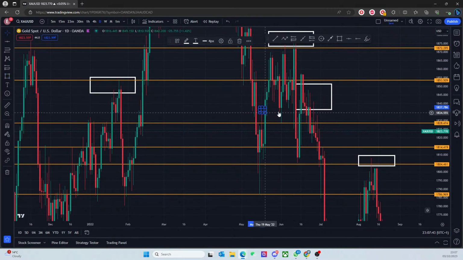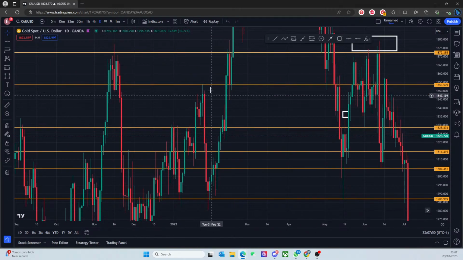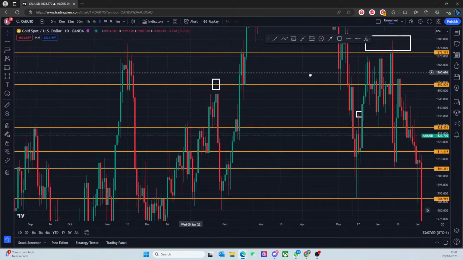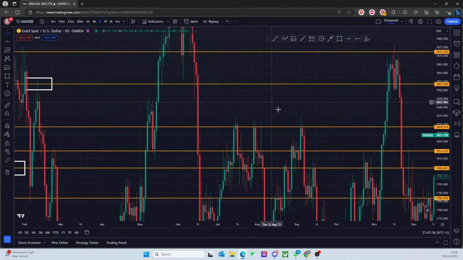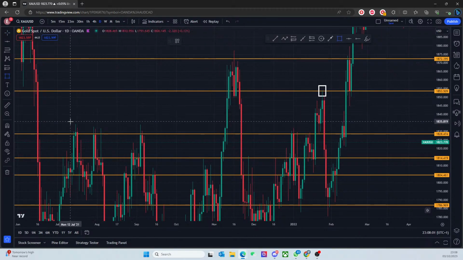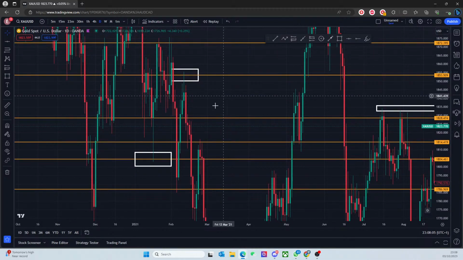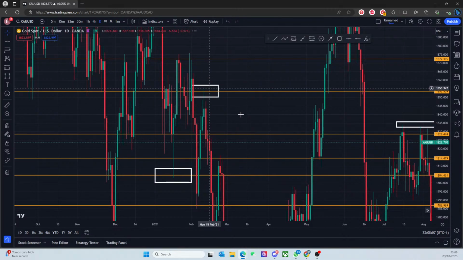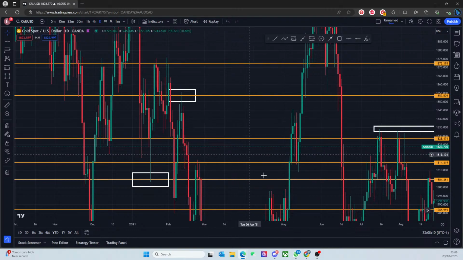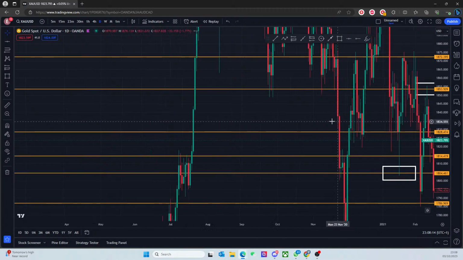Could be looking at these wicks here. So I'm going to get rid of these. Get rid of these. You had a closure here. This was very high up, so again, these areas are still interesting, but it's difficult to trade that, right? It's a little bit high. So I'm looking at these as well. All of these. What else am I looking at? These I'm less interested in because I just have these sorts of areas. Less interested because it's going up, right? And this just drove down from the entire range, so we can't really take anything.